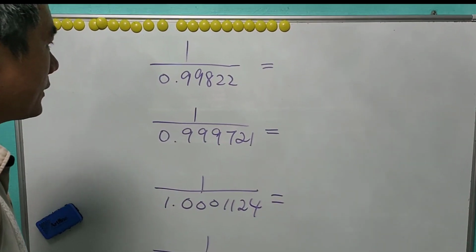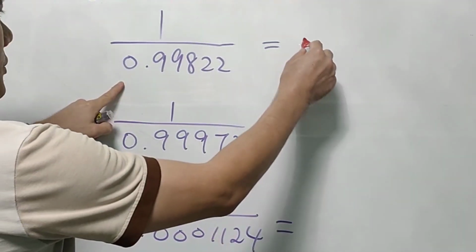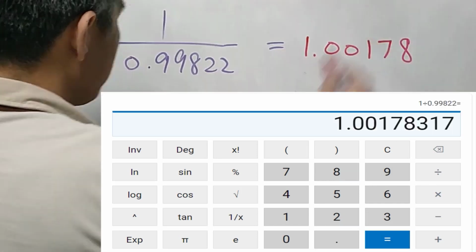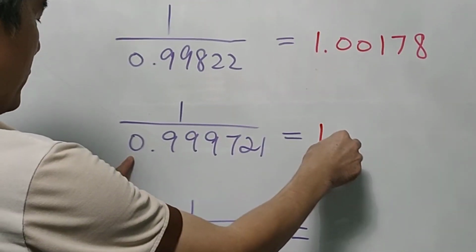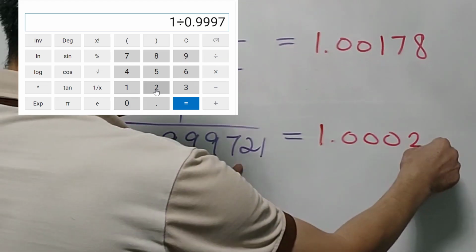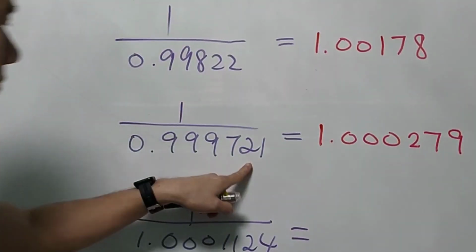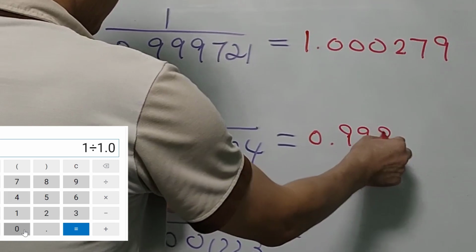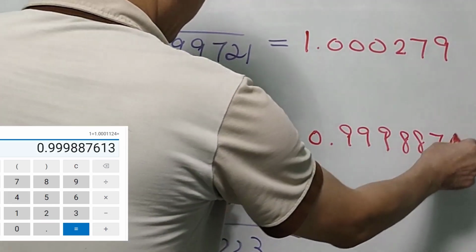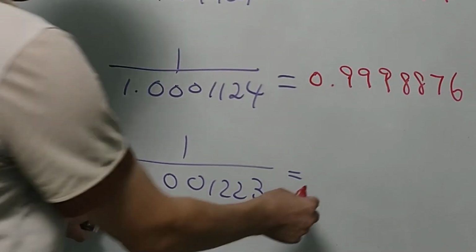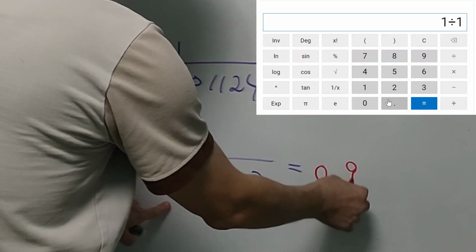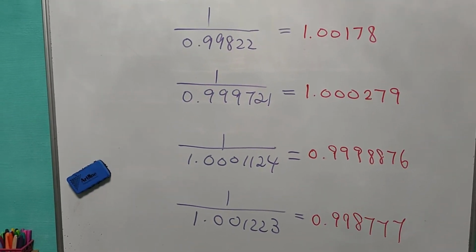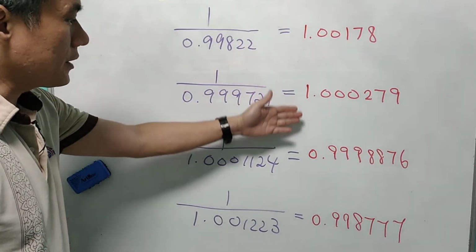Now, after you press the calculator, you will know that this answer is actually equal to 1.00178. And for this, it is 1.000279. And for this, it is 0.9998876. And lastly, this is 0.998777. Now, if you actually press the calculator, you agree with me on the first, second, third, but not the